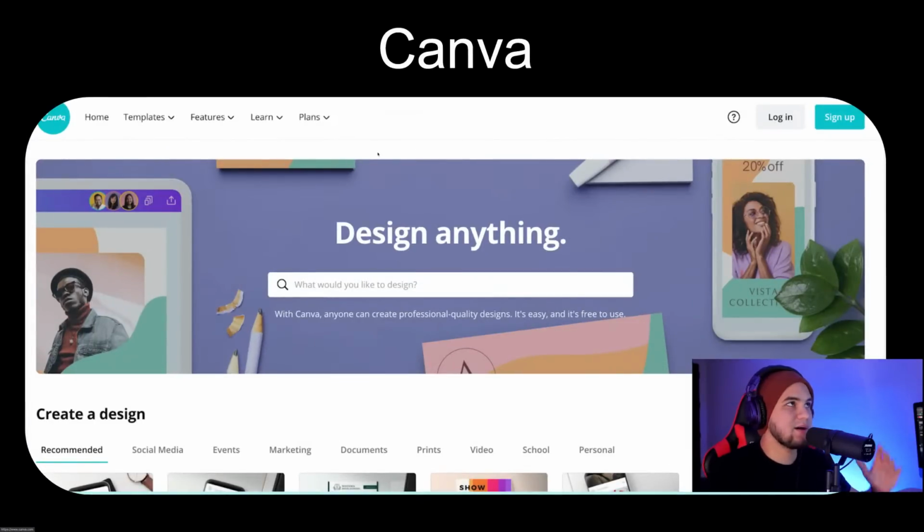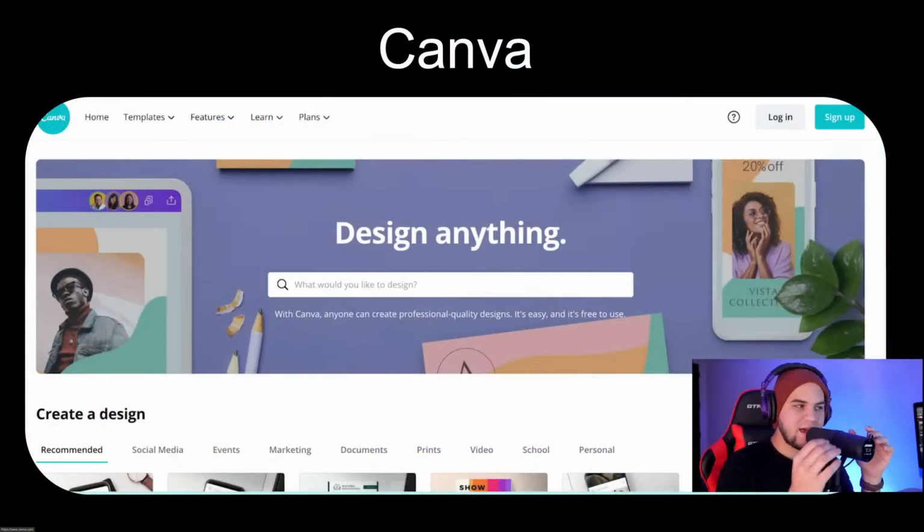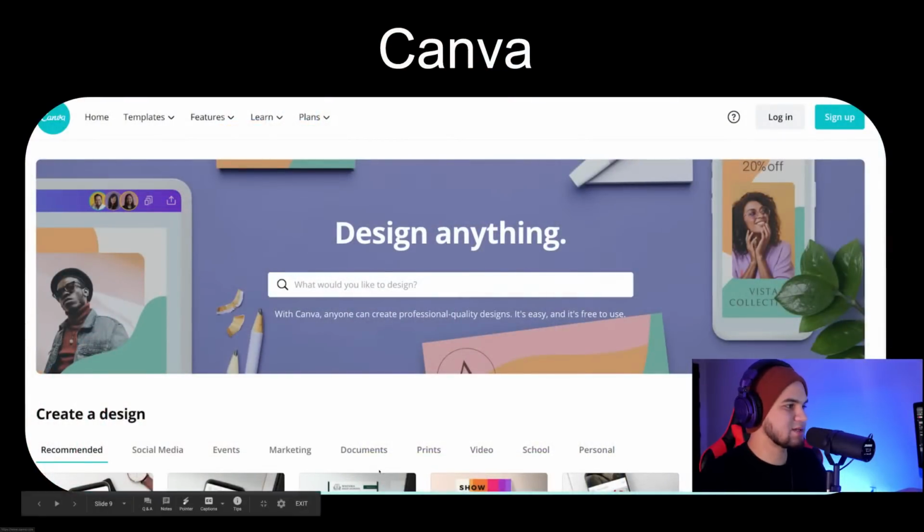save you time. Canva is a tool that I really, really love. I know it's been mentioned a lot. So many people love Canva. Canva is responsible for making so many people not learn Photoshop because they're like, oh man, I don't even need Photoshop, I can use Canva. But Canva has been tested throughout time, and people still use it. It's a great resource if you want to use different